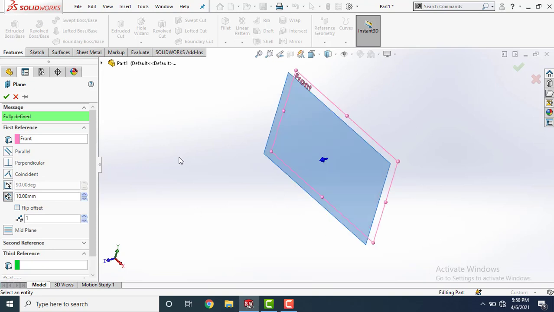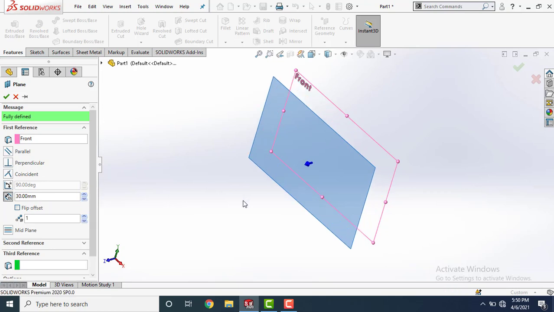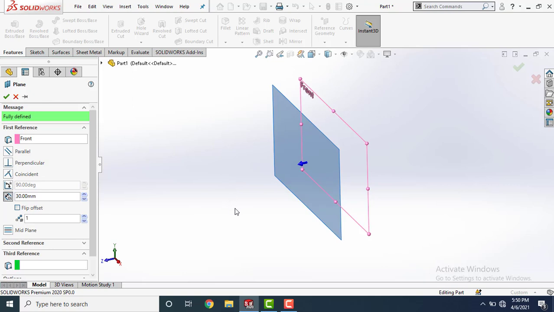So what is reference and what is constant here? You can see in the first reference the front plane is selected. It means the front plane is reference and the distance 10 mm is constant. If you want to increase or decrease this distance, you can just click on the up arrow or down arrow. You can increase or decrease the distance